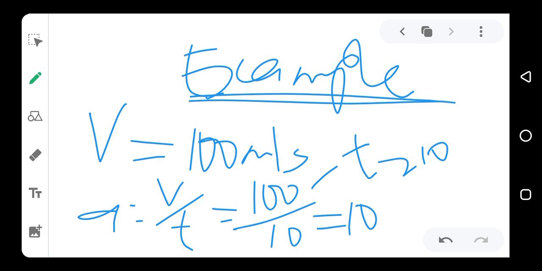The unit of acceleration is meter per second squared. So this is the answer, 10 meter per second squared. Now let's look at